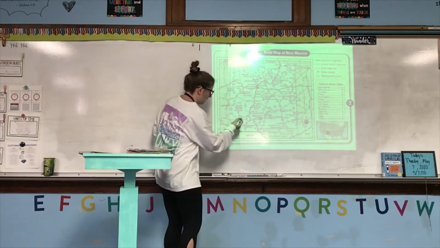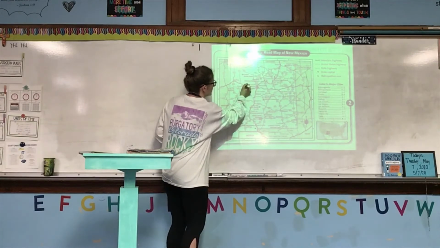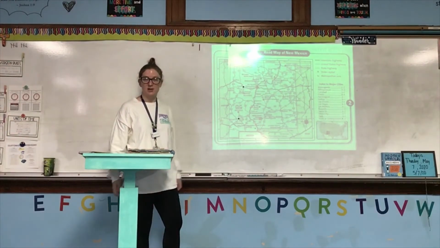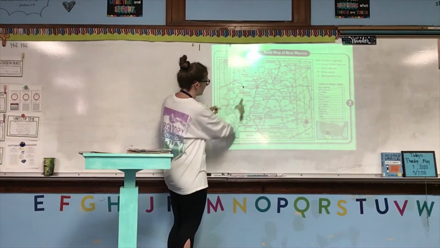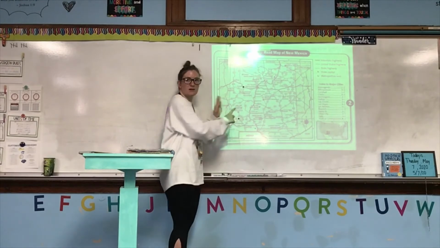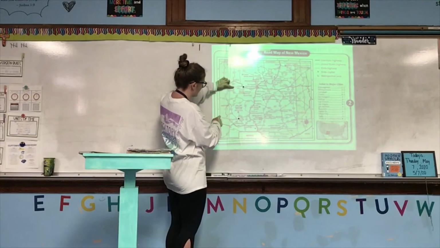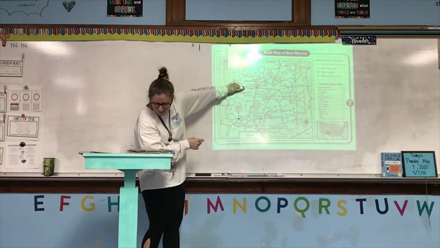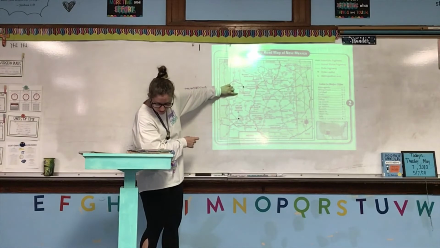So you know what? I'm going to put a mark. Please don't do that in your book because once you erase, it's hard to find it. Okay, so first, since I'm starting here and I need to get down here, let me just trace the best route. Okay, so now I've traced the best route. I don't want to go up here and then down because then I've added all this extra bit that I don't have to do. So first, I want to go down State Highway 117